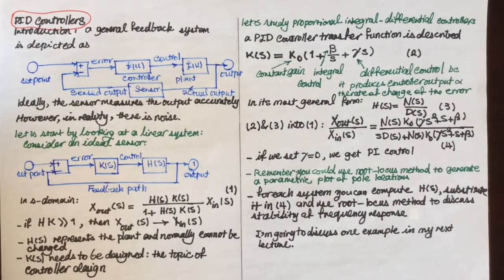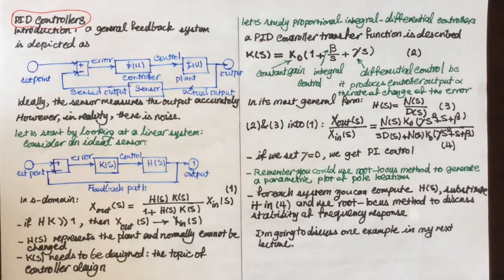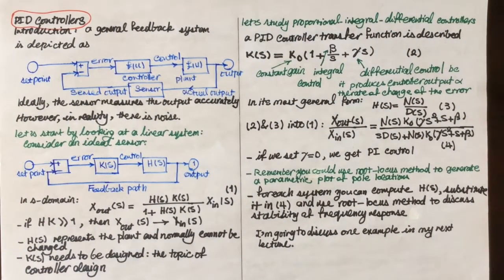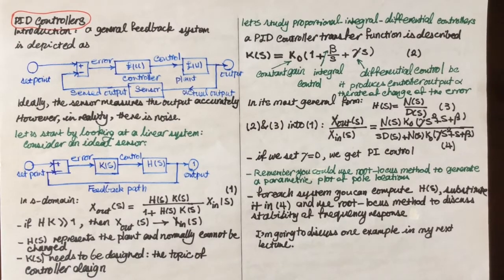Now, what I'm going to do here is look at the linear system first, and then I'm going to discuss PID controllers. The fact that I'm doing it for a linear system doesn't mean its use is limited to linear systems, but mathematically it would be much easier to show how it works. And I'm going to assume, initially at least, that my sensors are ideal sensors. They're able to measure my output